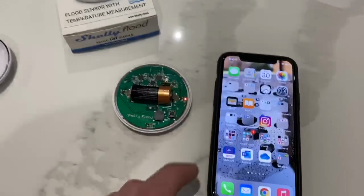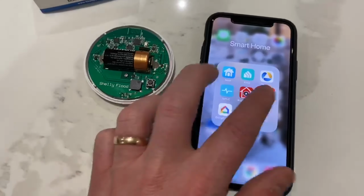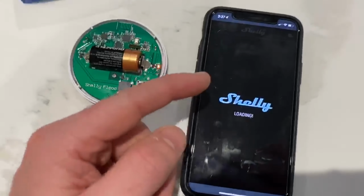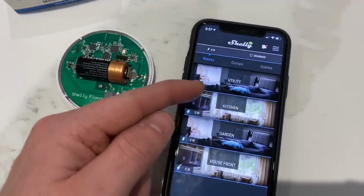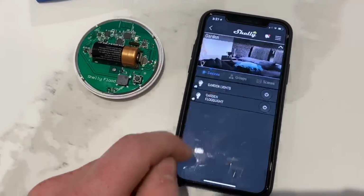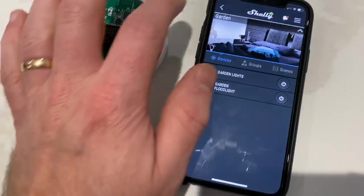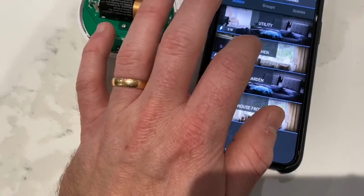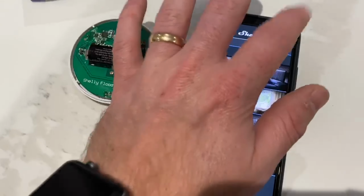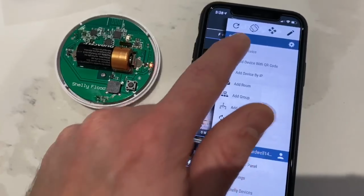So we've got the phone, we need to open the Shelly app, and as you can see we've got a notification there. So Shelly app open, and as you can see I've already set kitchen, so those are for our lighting. If I just click, I can turn the garden lights on. But in this instance we've got kitchen, and I think you have to set these up before, and then we'll add device